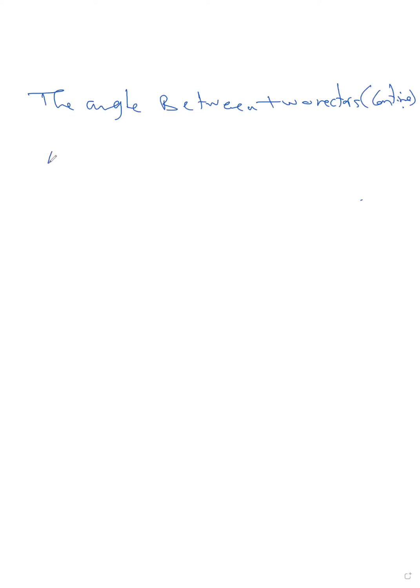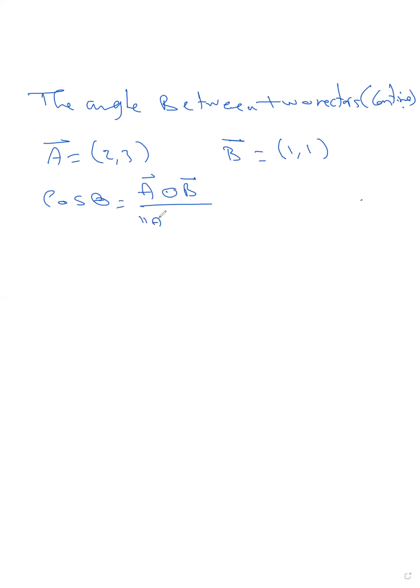اوكي خدنا قلنا لو كان ال A equals 2 and 3 وفيكتور B equals 1 and 1 يبقى كوزاين ثيتا equals A dot B over norm A times norm B. حد فاكر الرول؟ Vectors. اوكي